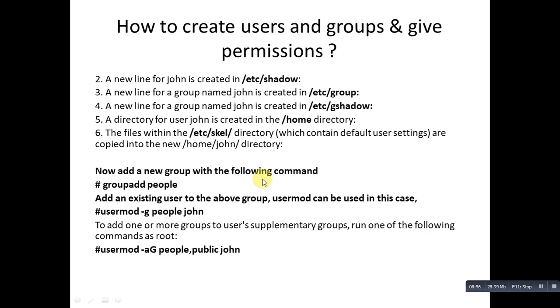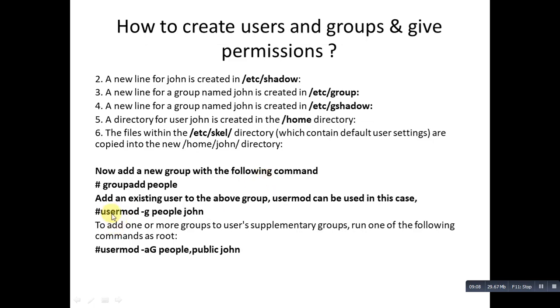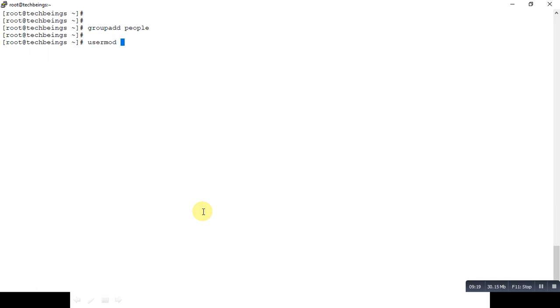If I want to add that user that I have created, John, into this group, the command is usermod, that is user modify, -g, the group name people, and the user that will be added is John. So now the user John is added to the newly created group, that is people.